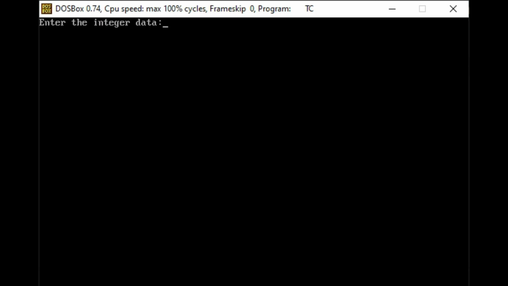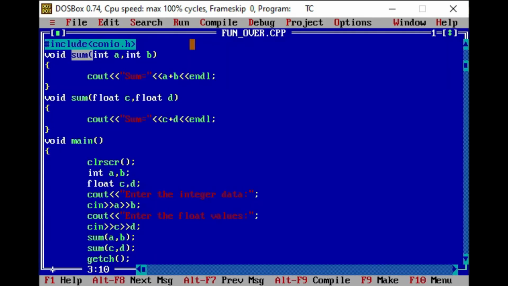Here first of all I need to enter two integer data, 3, 4, and two float data, 1.2 and 3.4. You can see that the sum of 3 and 4 is 7 and the sum of 1.2 and 3.4 is 4.6. So you are getting the correct output.